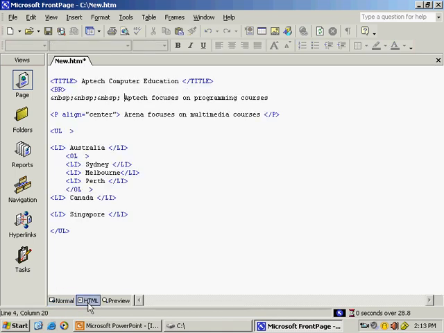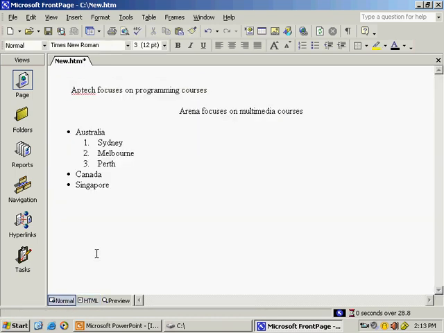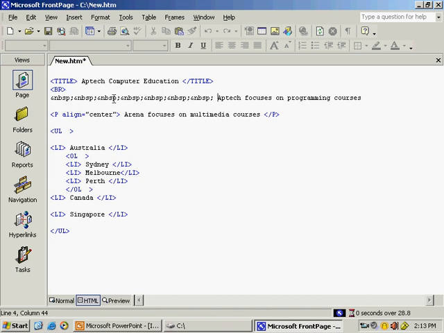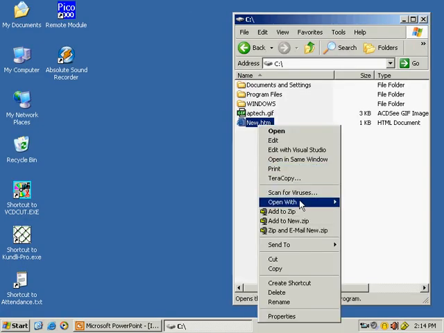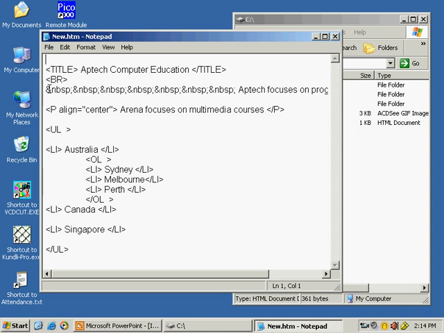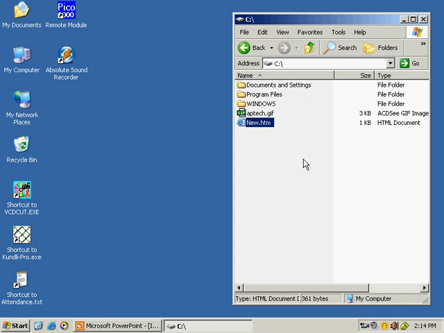Now come to HTML. Now you can see when you add one tab it adds &nbsp; once, twice, thrice. Now let's press one tab again. Now again see it has added 4; 1 2 3 was already there. Actually each one means one space. NBSP, SP might be space, and NB would be non-breaking, one space. So now you can save, close and reopen with Notepad. You can see this code is added. So this way FrontPage can be used.